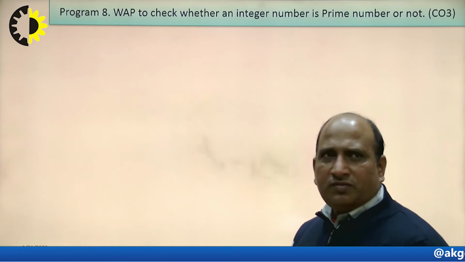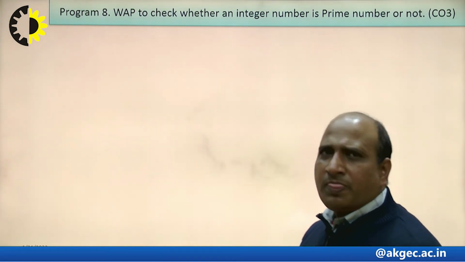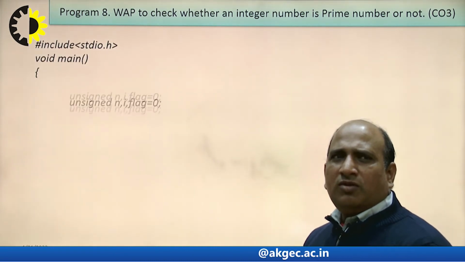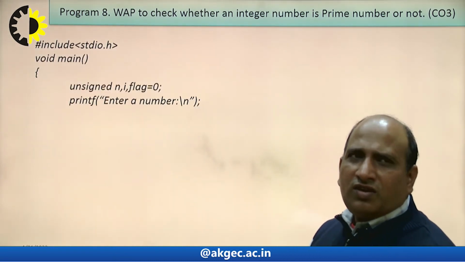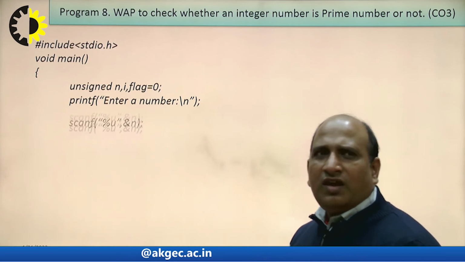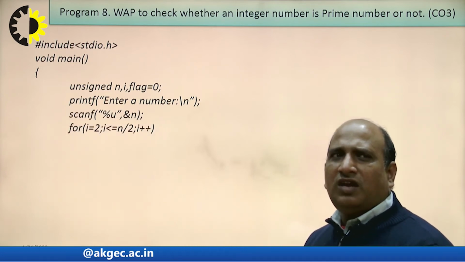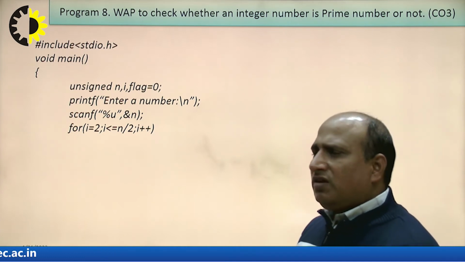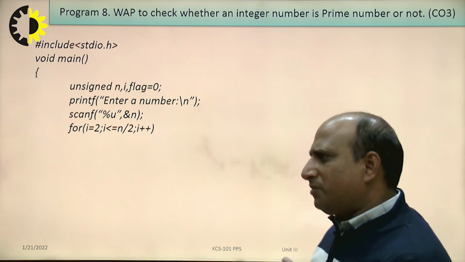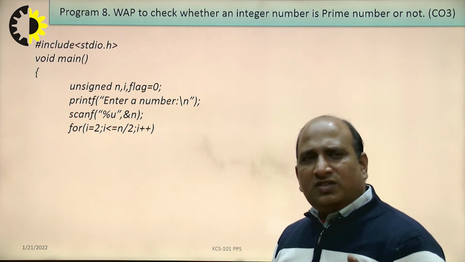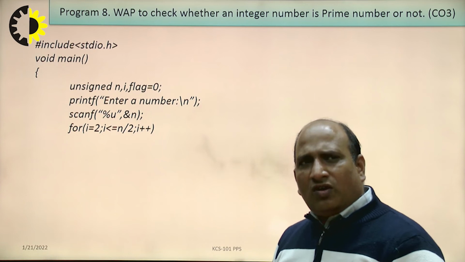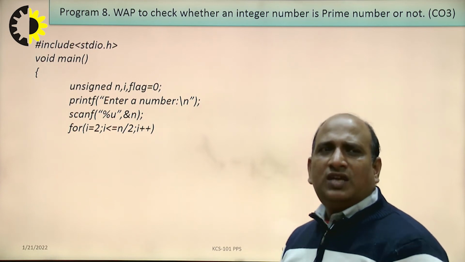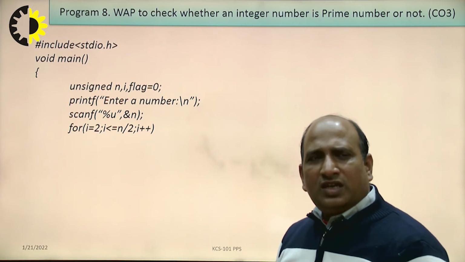Okay. Now I have written some programs. I have written a program to check whether a number is prime or not. For that I have declared a flag. I have entered a number that I want to check whether it is prime or not. Since a number is prime only when it is divisible by itself or 1, that's why I have checked from 2 to less than or equal to n by 2,